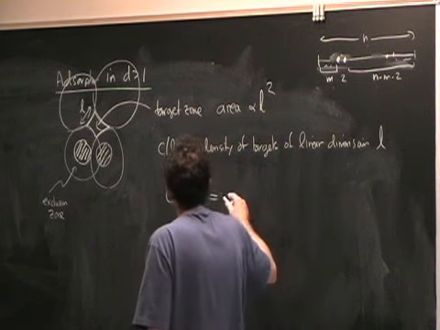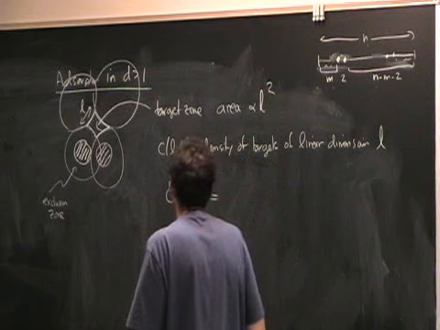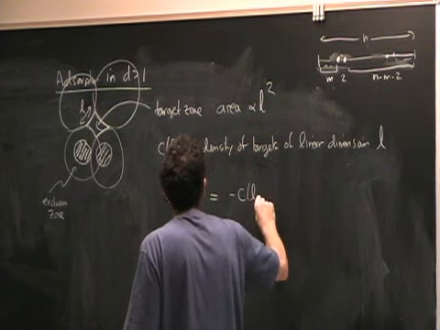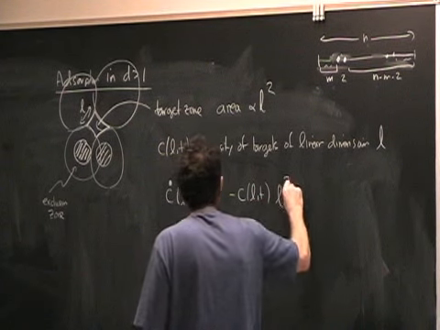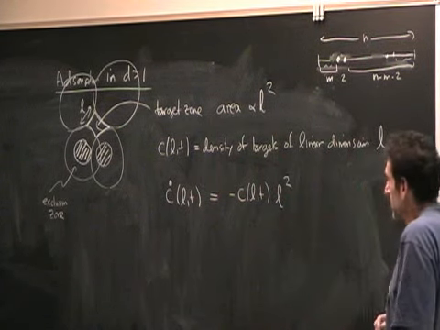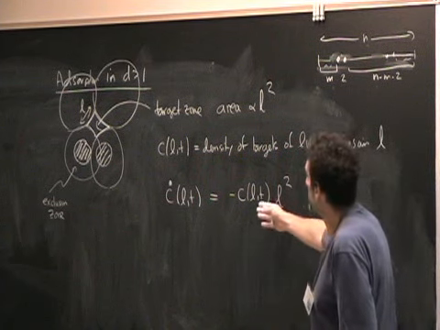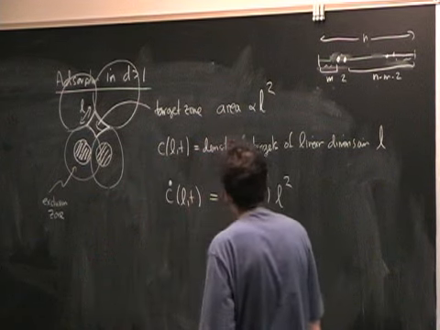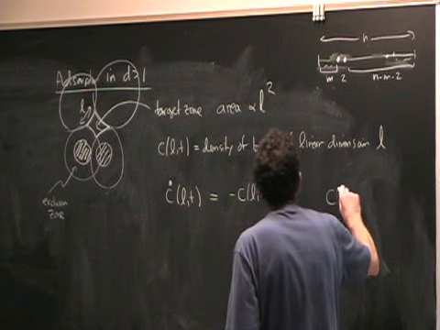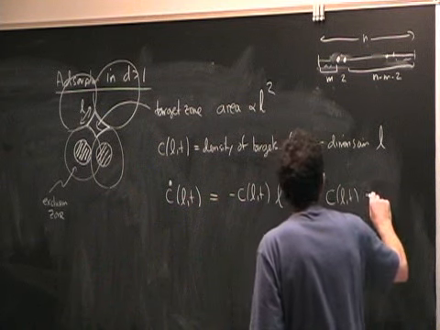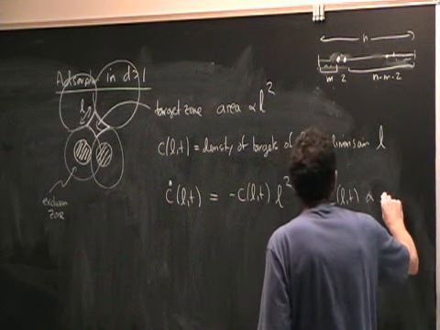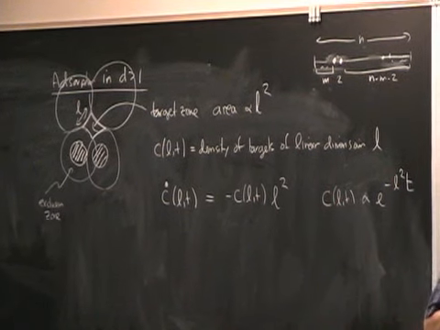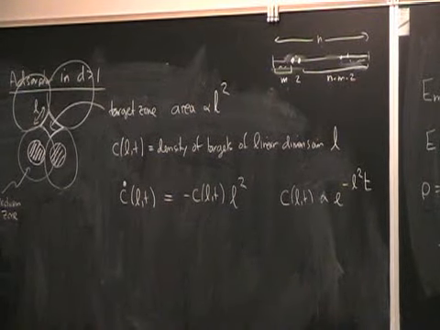So the probability, or the rate at which a target zone of length L, linear dimension L, disappears will be proportional to the density of such target zones, C(L)L^3, times the area itself. So the rate at which you disappear is a density, times the area, because that's the probability that a particle can land in such a target zone. And so the solution to this will be C(L,t) proportional to e^(-L^2 t). So the target zones of a particular size are vanishing exponentially in time.